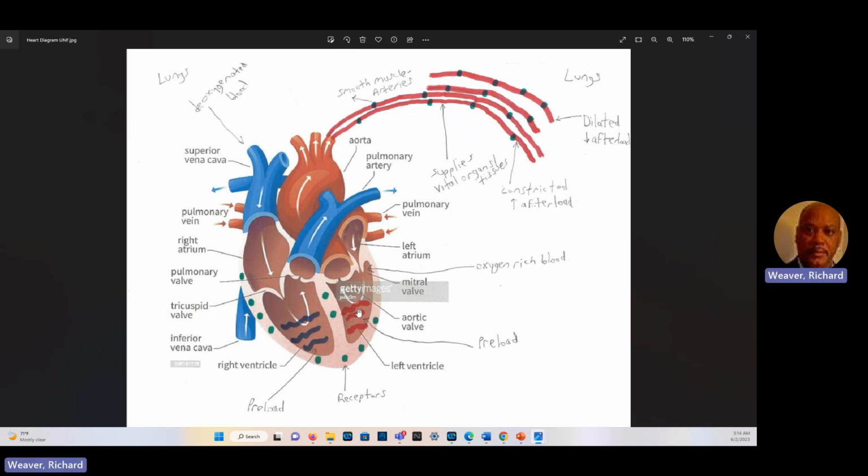All right. Now, afterload means that it is the resistance our right and left ventricle must overcome in order to eject its contents into the arterial system on the left side, at least, which is mostly what we talk about, but also the same for the right side to the pulmonary circulation. But speaking of the afterload on the left side, there are three elements that actually contribute to that afterload or